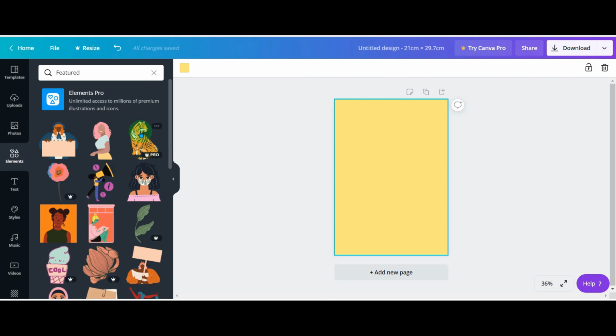You will see the Crown Pro if you will need to pay for the image. If it's free, then it will tell you the image is free.